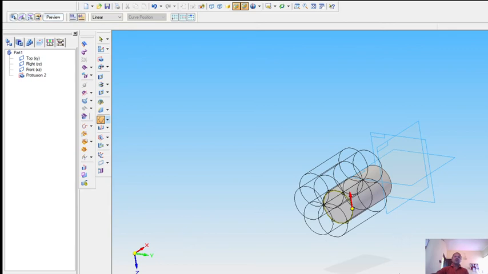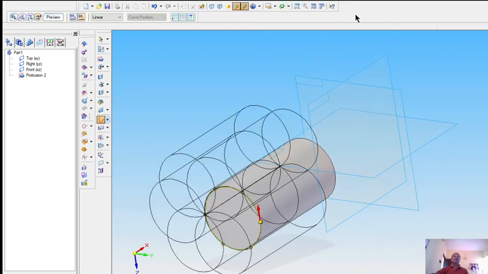So the pattern is created, this circular pattern or cylinder pattern is created along the circumference of this curve. So that is the pattern creation along the curve. We have given 6 numbers, so the pattern is created in 6 numbers.